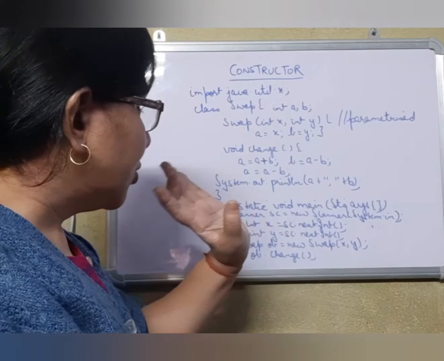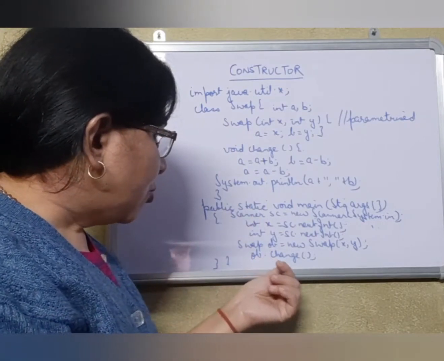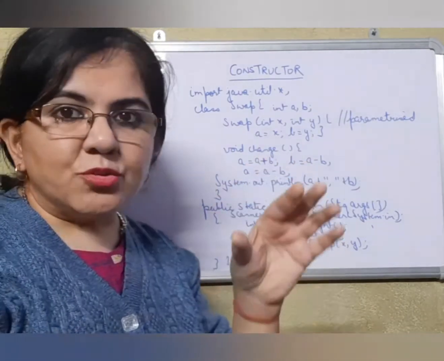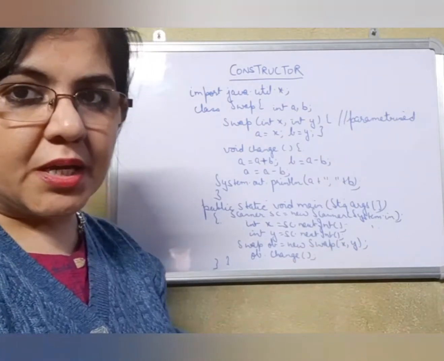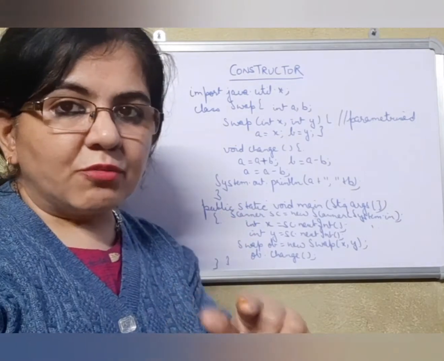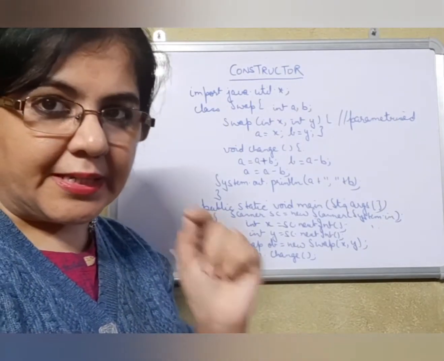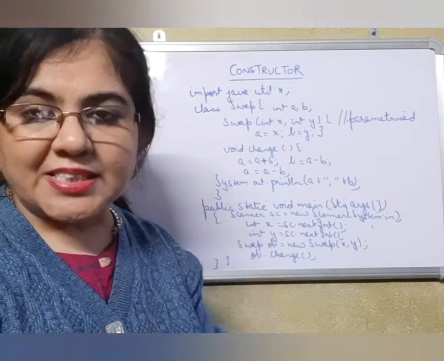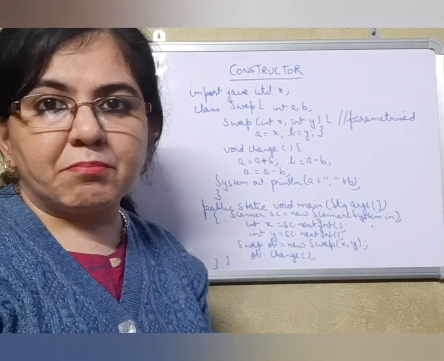Now both of them have got the values. If I call ob.change, automatically the values that were received into a and b from x and y will be changed over here. So again, you have to remember very much that a parameterized constructor is never created by the compiler,